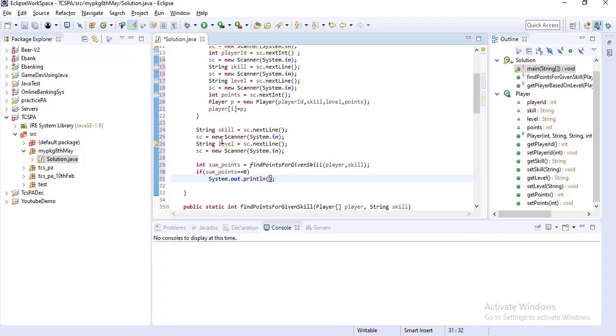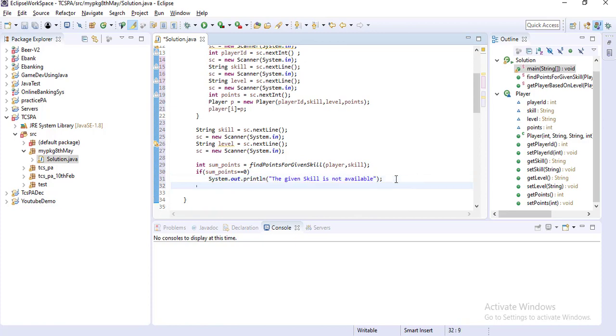So I am writing this here: the given skill is not available, else you have to print the sum_points variable. So else I am printing this.